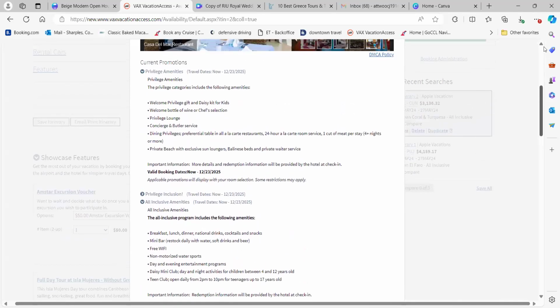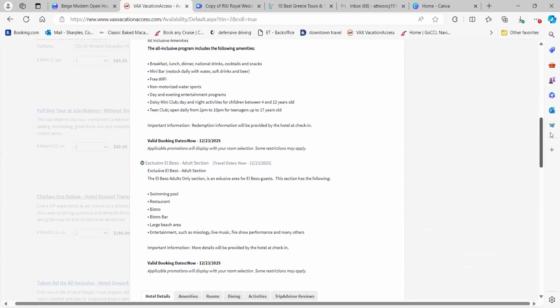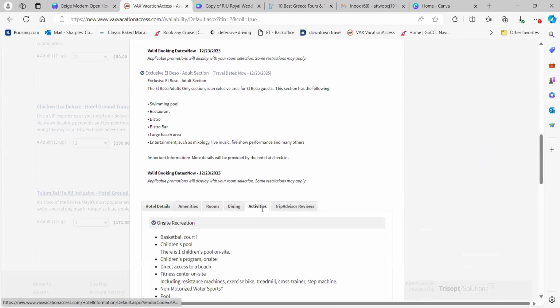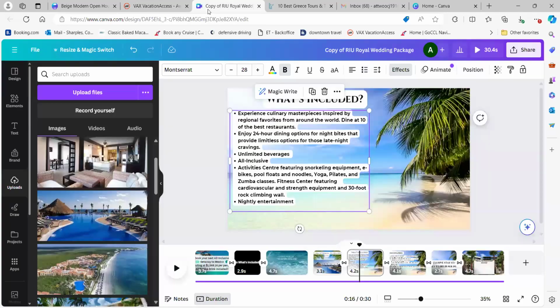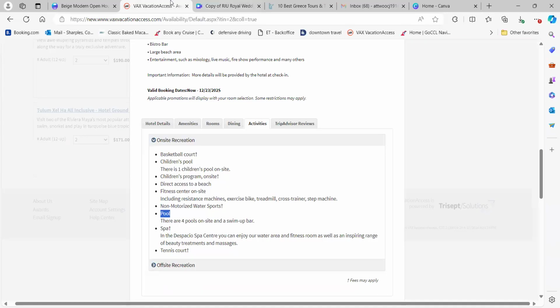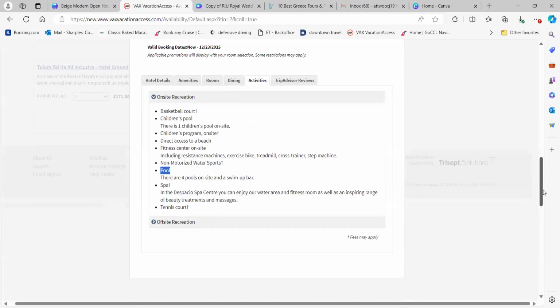I always like to kind of check these as well, just to make sure. So if we go click on activities, biggest thing I always put here, wow, usually non-motorized are usually included. So they have direct access to the beach, and then I'm going to put here a spa.